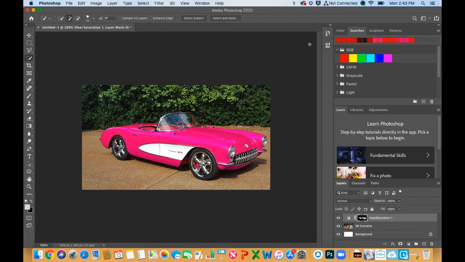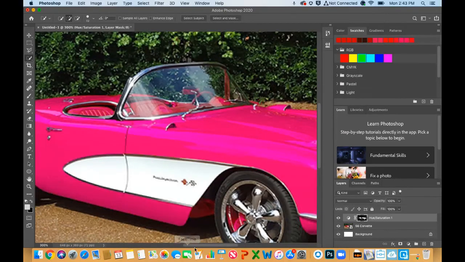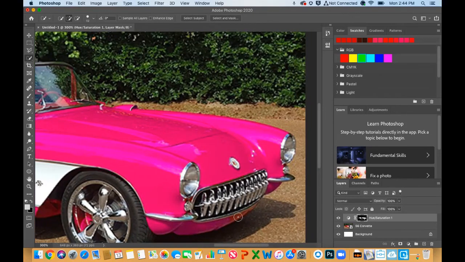Looks pretty good there. I do know that some of these reds up here didn't work too well. So I'm going to go Command plus and zoom in on my front bumper because I know some of that is not pink, it's red. So I'm on my mask right there with my brush. Make sure I have white as the foreground color. And I'm going to